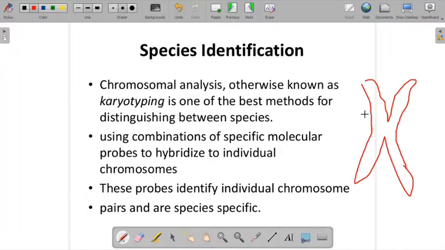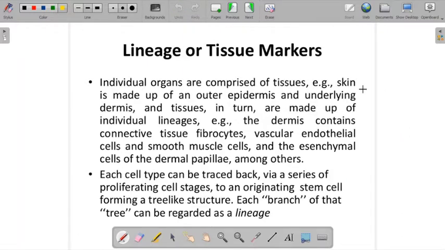This is the telomere, the centromere, you all know the detail. Suppose some probes attached over here show a fluorescent colored probe, some probes attached over here show a different color, some show here. So there is a particular pattern, and with respect to that pattern we identify which chromosome or what type of chromosome it is, and ultimately with the help of that pattern we identify the species. So this is species level identification. We are going to see the details of karyotyping later, so don't worry about it.